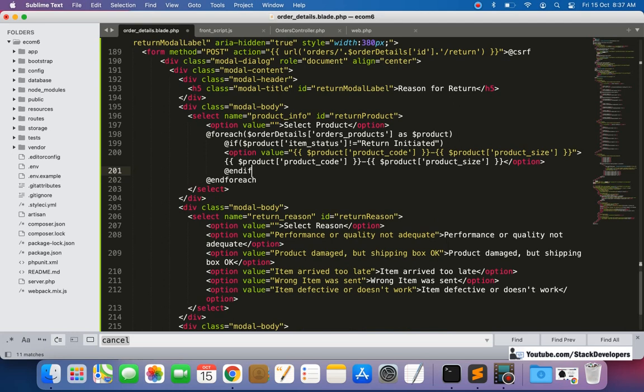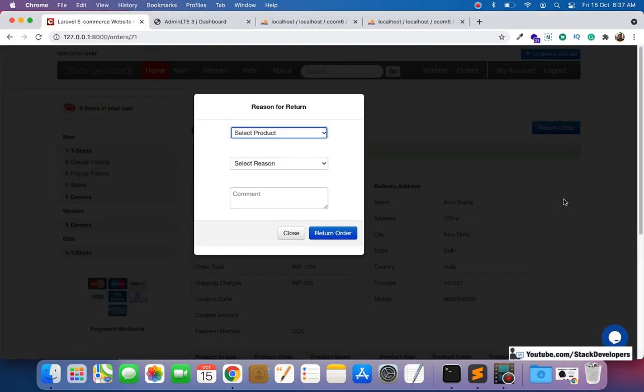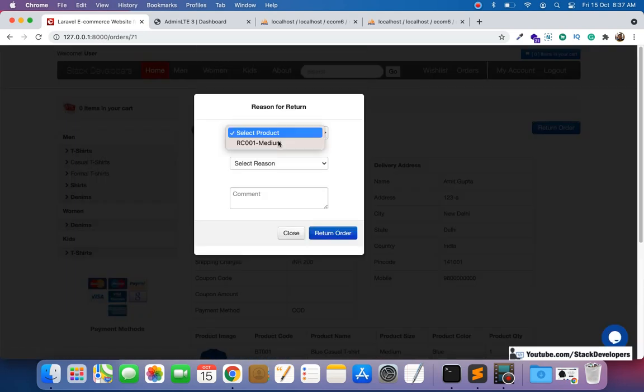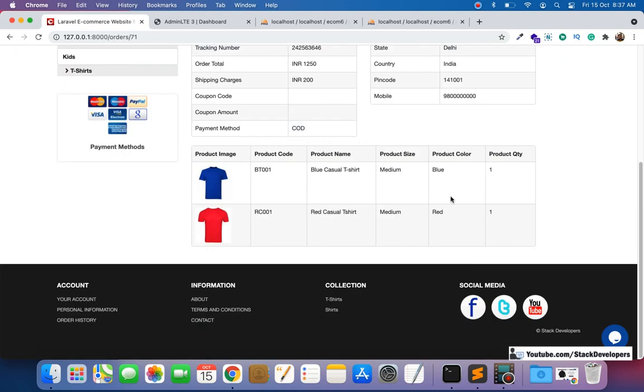And if that is fine, only those items will come that are not returned yet. So one of the items will come here. See, red casual t-shirt RC01 is the product code for the red t-shirt. The blue t-shirt has not appeared here because that item is already returned.